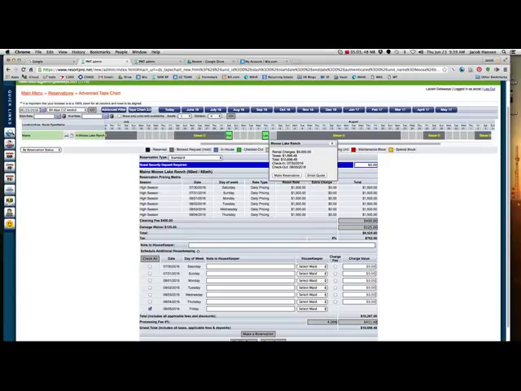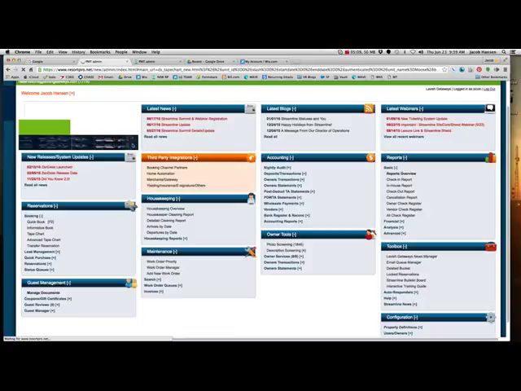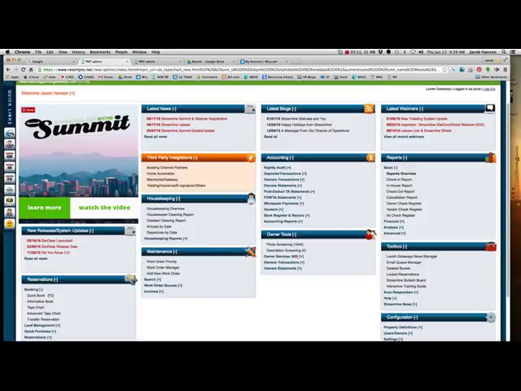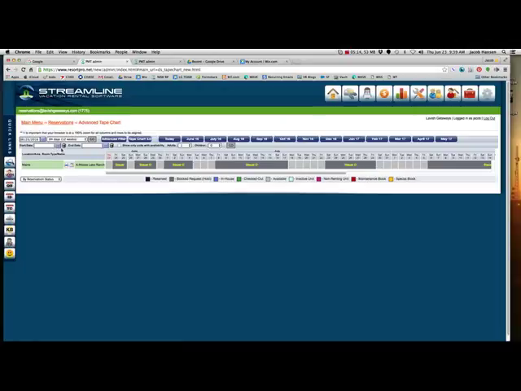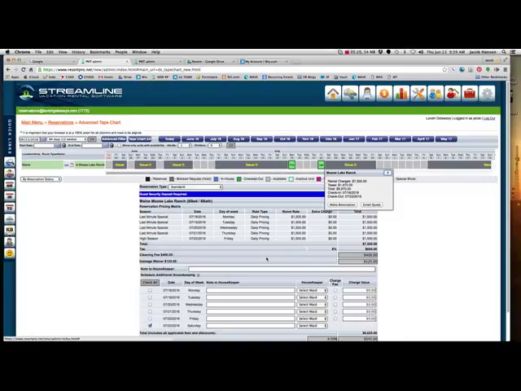Now if I come back here and refresh the page and run that same search, it looks like it took me back to the beginning. So I have to go to the tape chart, and Moose Lake Ranch is in here already. Then I select some dates. Now notice something, it's different. In here you see it's 1500, 1500, 1500, 1500, which gives 7500, and then the tax is applied only to that number. In other words, the total of the nightly rate, and then the cleaning fee and the damage waiver are below the tax,